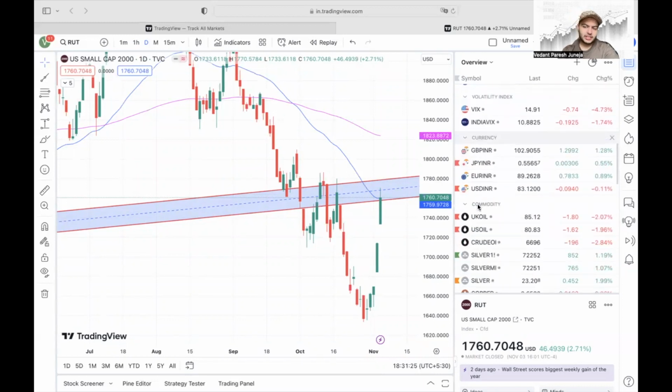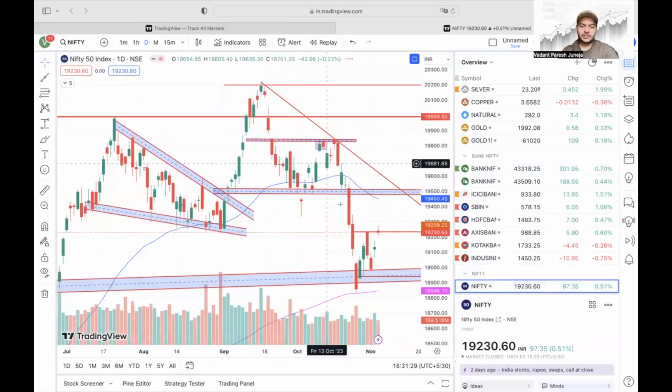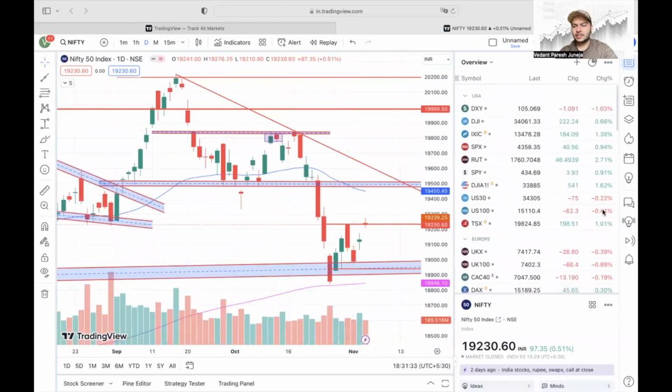Now let's analyze India. Let's start with Nifty. I believe that Friday had really good action in the US market. Dow Jones was up approx 0.66%, Russell 2000 almost 3%, S&P almost 1%. So we had really good price action in the American markets, in all the indices, including